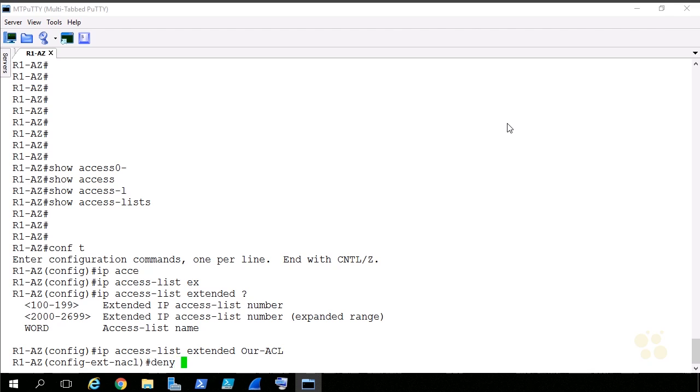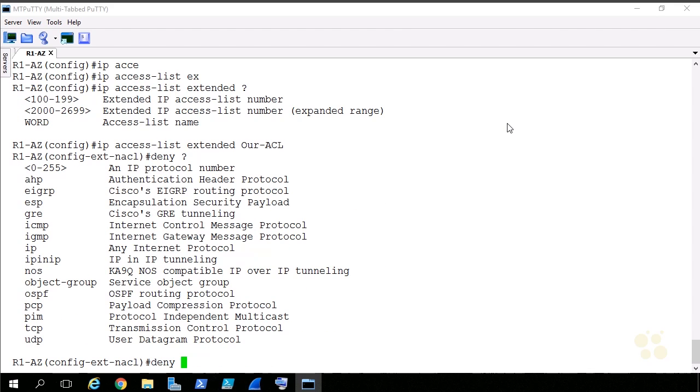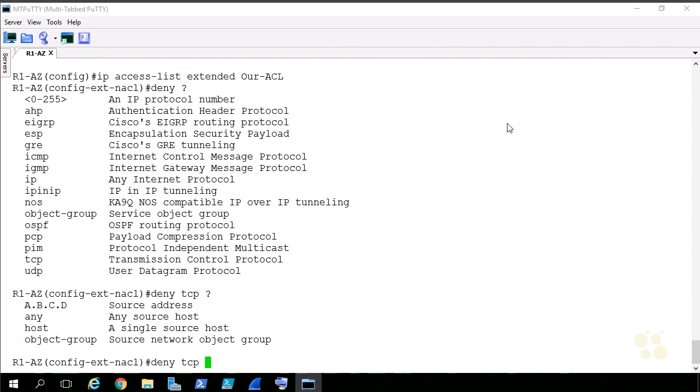So we'll say deny space, and then we'll use our question mark. What do we want to deny? We want to deny TCP at layer 4, and we use a question mark. And then it's asking us about the source address. And because it's just PC10, I'm going to use the keyword of host and follow it by the IP address of PC10, which is